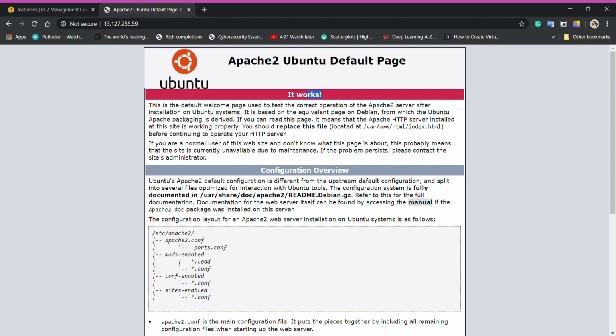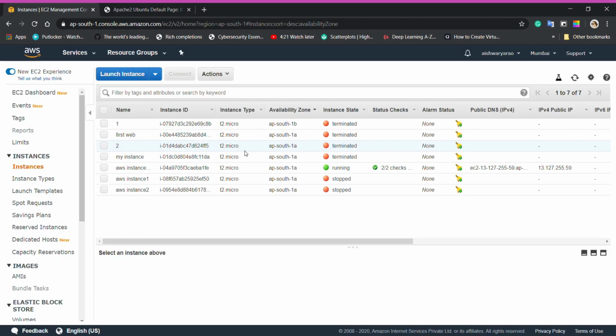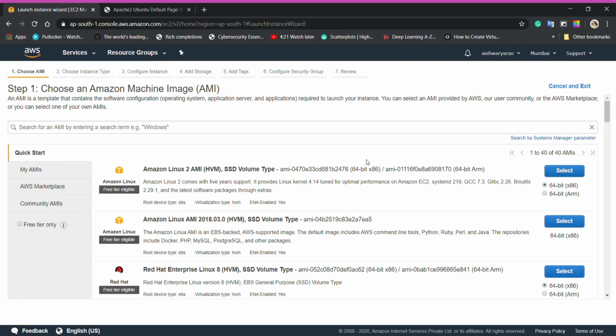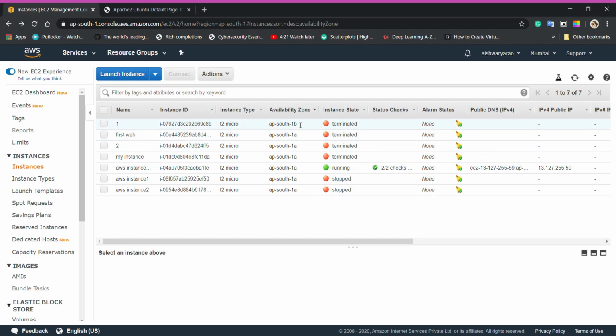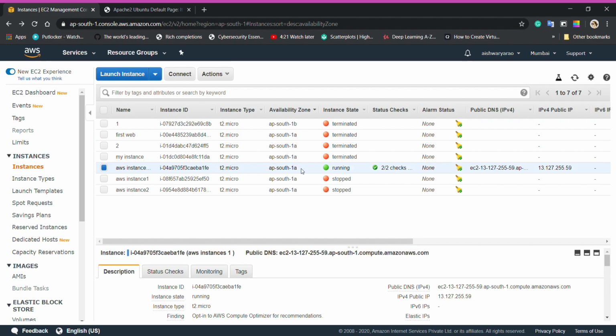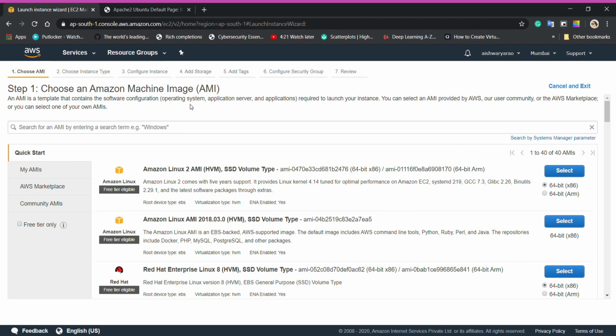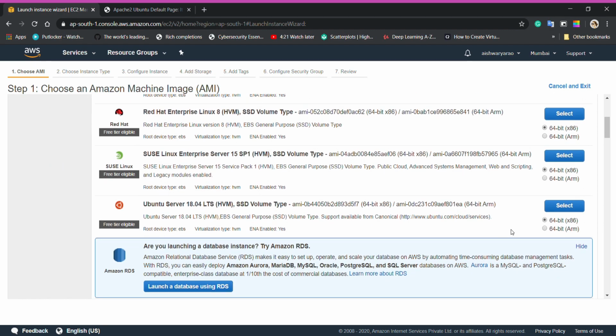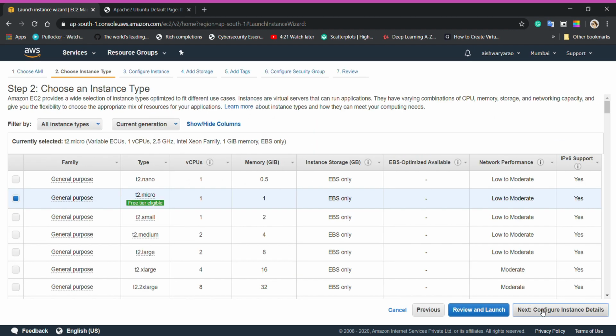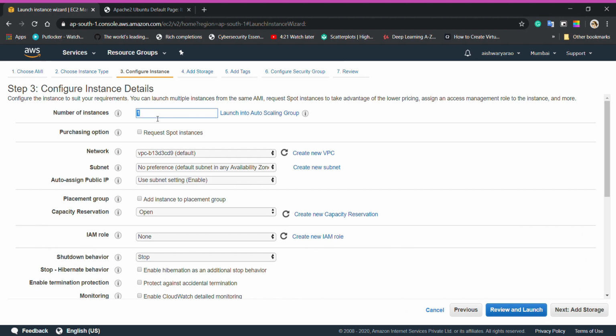So now all I have to do is repeat my first step that I did for AWS instance 1, and this time make sure which availability zone your instance is running in, because when I create the second instance, it should differ from the first instance in the same region, so I'll change to South 1B.